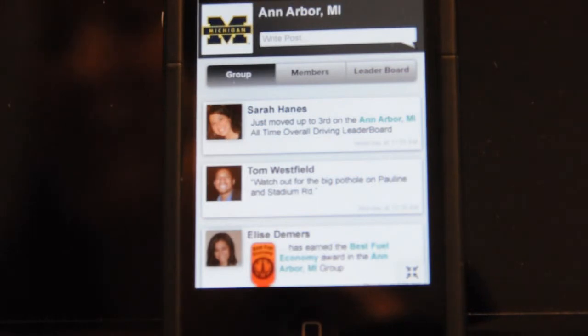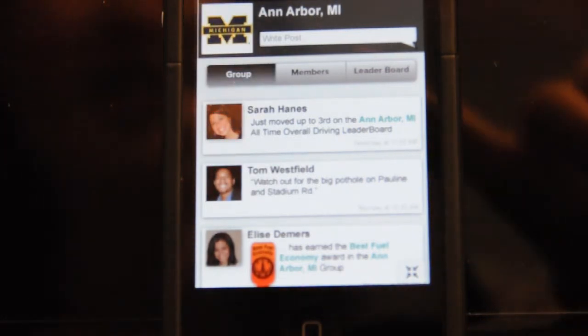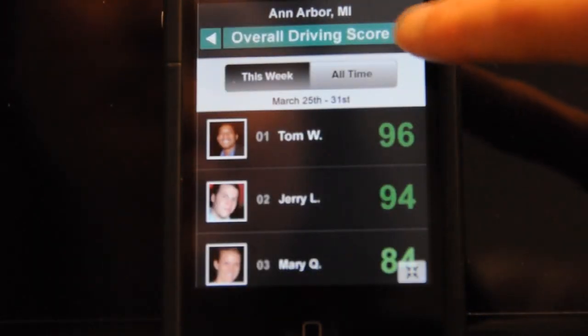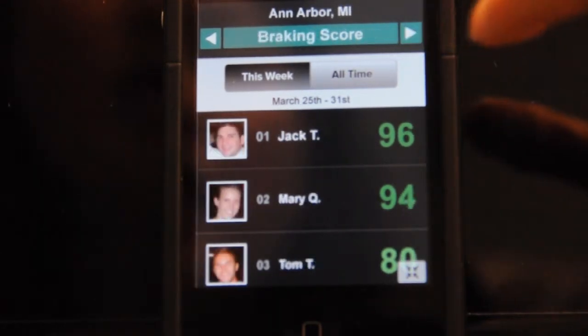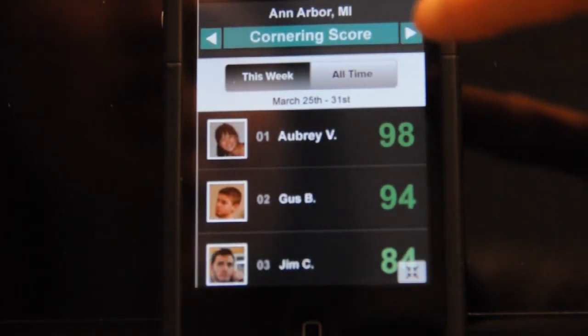These are the recent messages, a list of the members, and the leaderboard. The leaderboard has rankings that are based on overall score, acceleration, cornering,